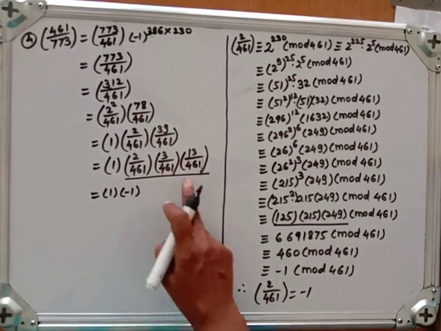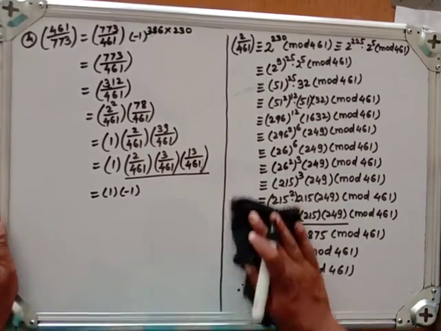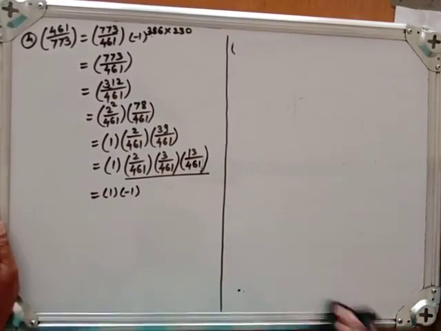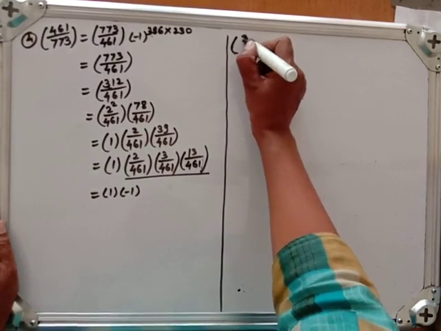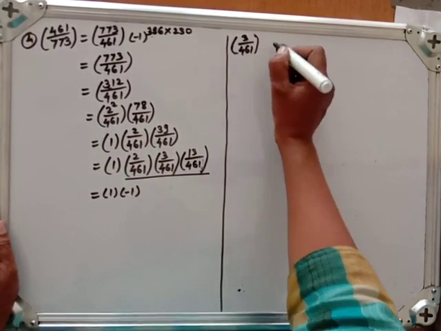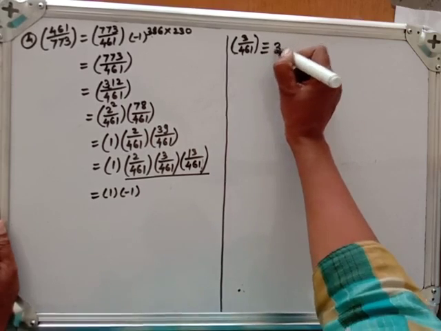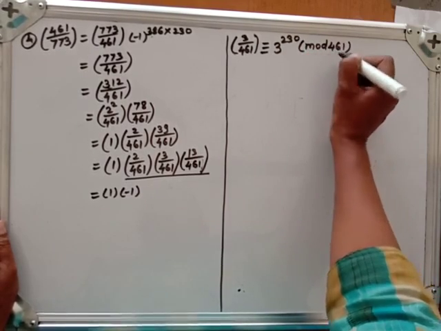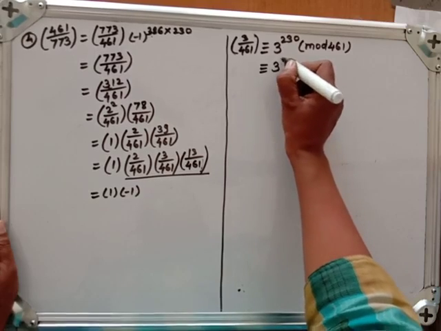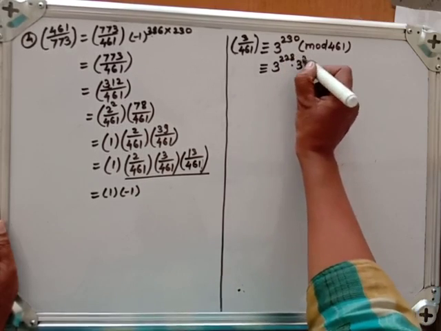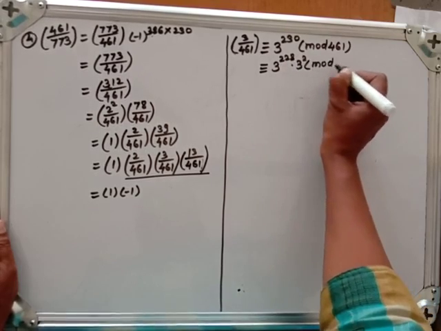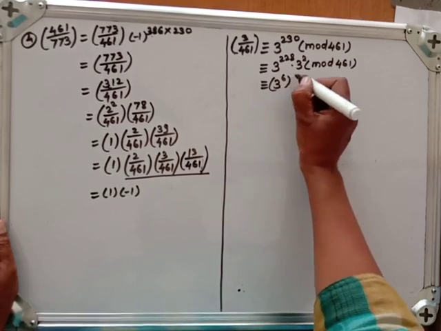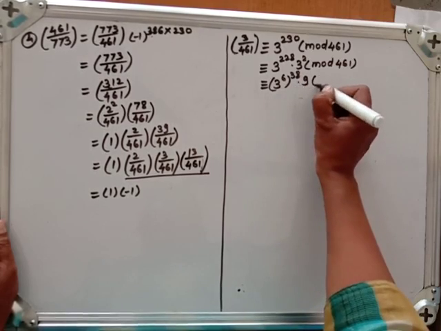Now the question is left for these two. So let me find them here itself. Now this is slightly a big calculation. You have to keep patience and do it with proper concentration. This is congruent to 3 raised to 230 modulo 461. So this is congruent to 3 raised to 228 into 3 square modulo 461. So this is congruent to 3 raised to 6 raised to 38 into 9 modulo